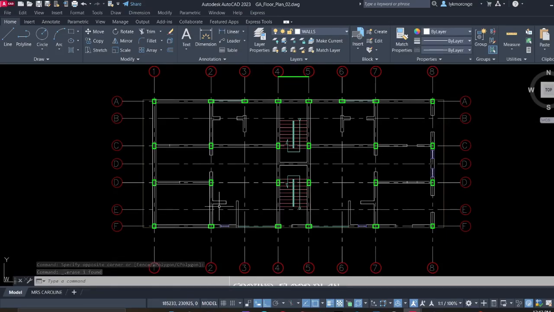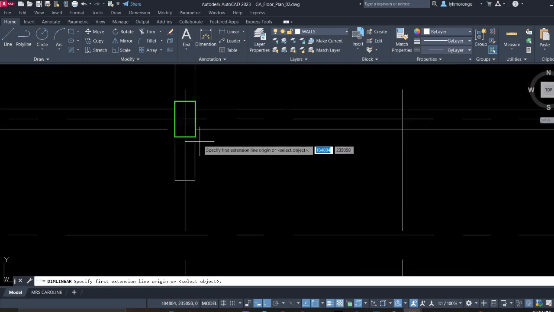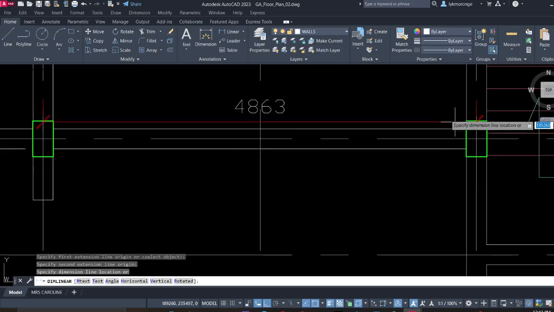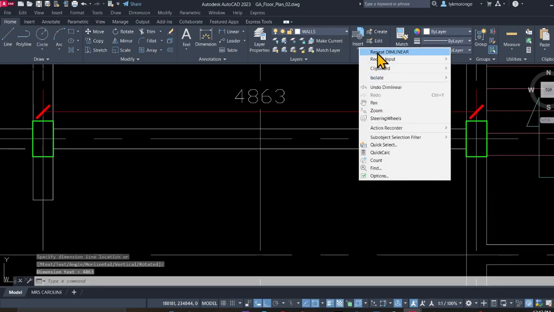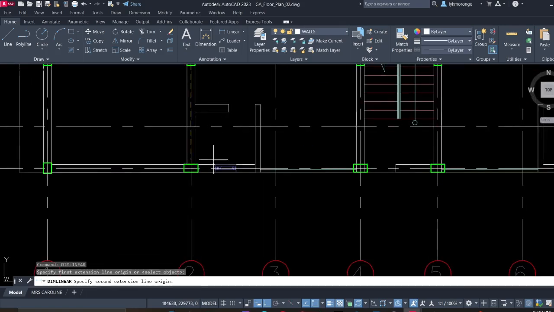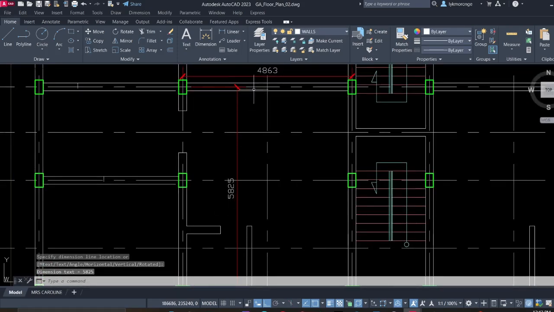So I think we're done with this part. This is how you do that. Let's just confirm this part. This one. And if you just right click here, dimension, if you just dimension this one, and this is 5. Multiply 5 by 4, it's still less than 30 meters square. So this